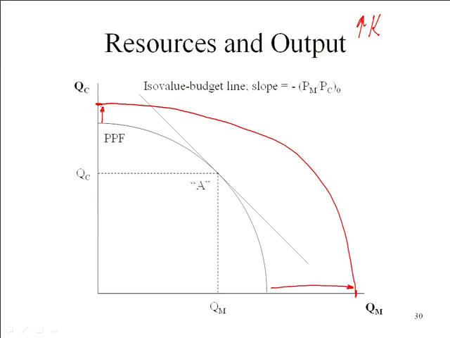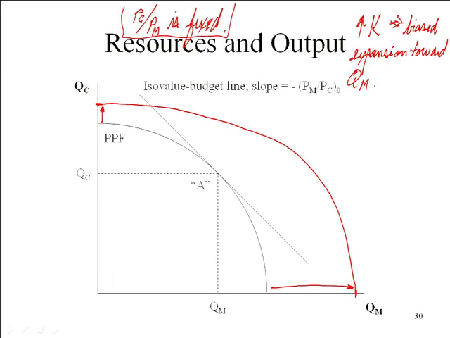So this increase in capital leads to a biased expansion towards the quantity of machinery, or towards machinery. Now remember, we also made an assumption that the relative price of clothing is fixed. Okay, this is an assumption, but what we can show is that if I drew this correctly, fairly close, so this ISO value line, or budget ISO value,